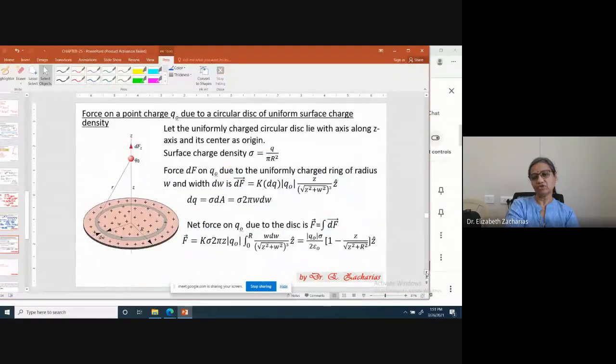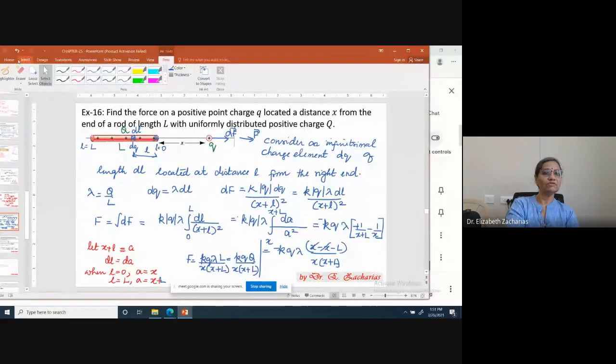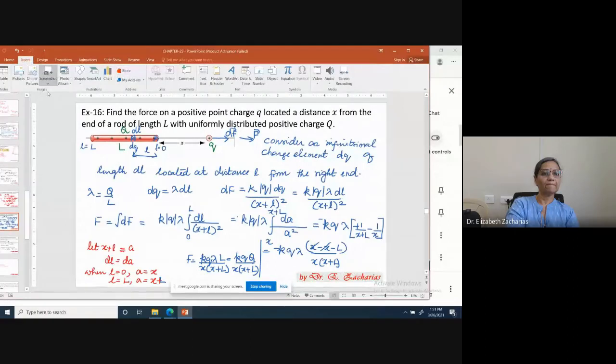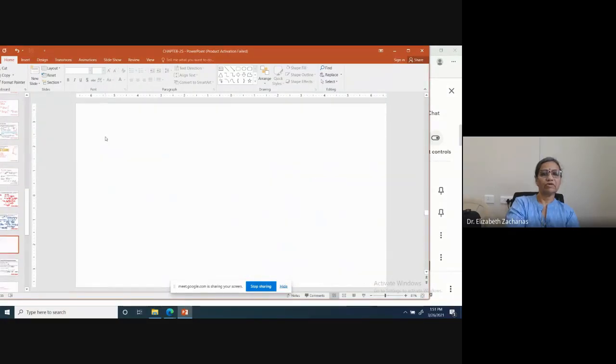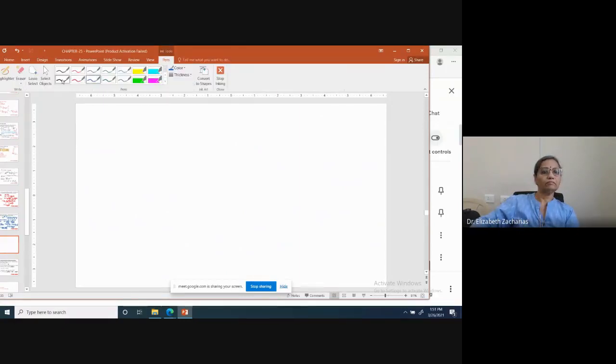I will now ask you one question. Let us see whether you are able to answer this. Okay. So the problem I'm going to give you is, I'll insert a new slide. Okay, so this numerical goes like this. I have a uniformly charged rod. Half of it of length L is positive. The other half is negative. And from the origin at a distance y, I have a charge q naught.